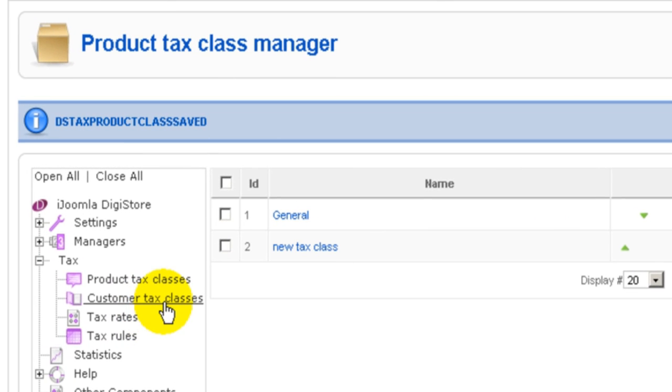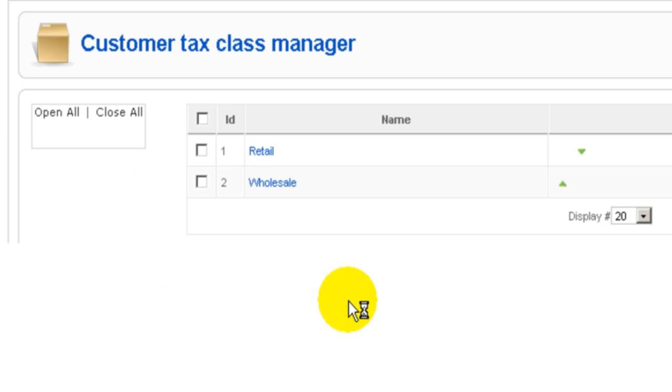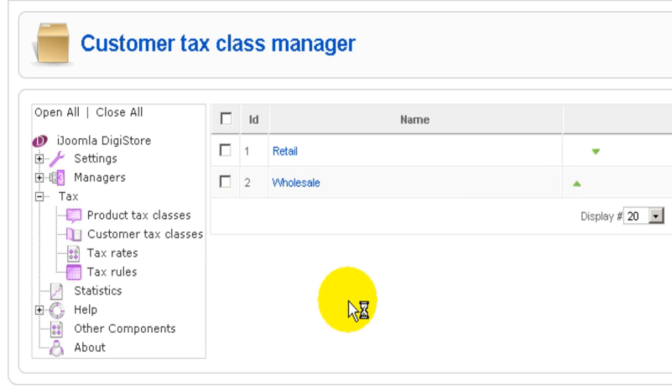Let's move on to the next section of the tax system, customer tax classes. Here you can define different customer tax classes based on your needs. The most common way you can use this feature is to set a class for retail customers and for wholesale customers. And then on the general tab here,